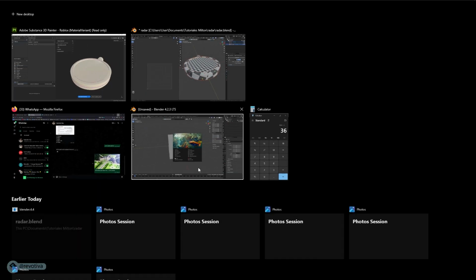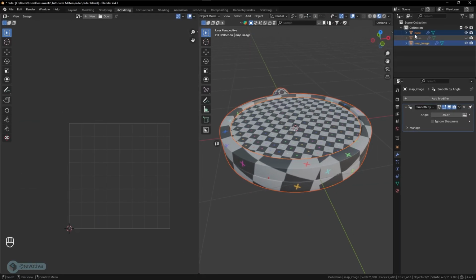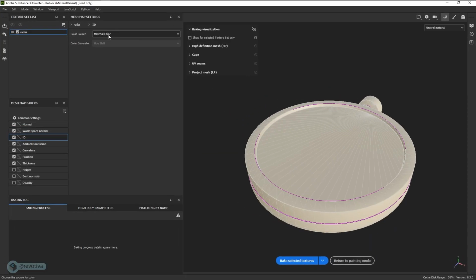So do you remember I got this separate the base and map image meshes, and I will take that with this option, so I can use smart materials for each mesh, and I can separate it by selecting the color ID, so it will create some ID mesh. With that I will check normal, world space normal, ID, ambient occlusion, curvature, position, and thickness. So let's bake selected textures,